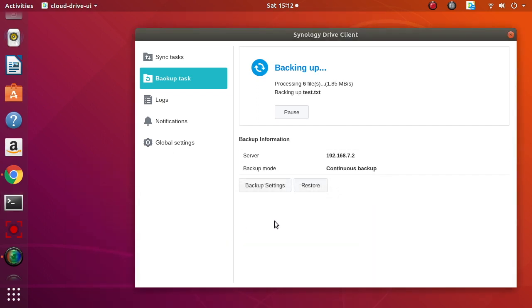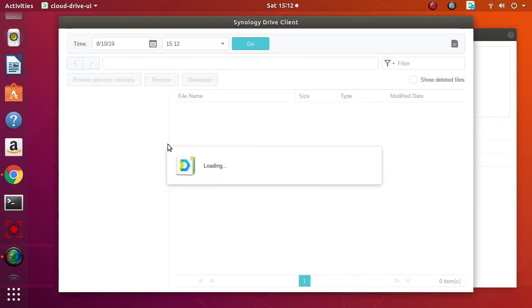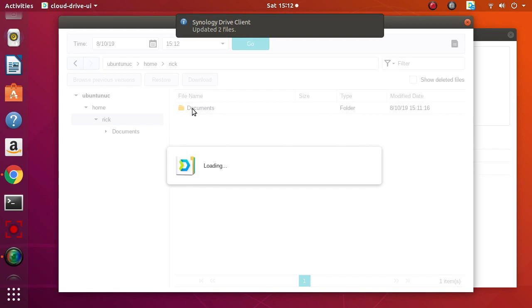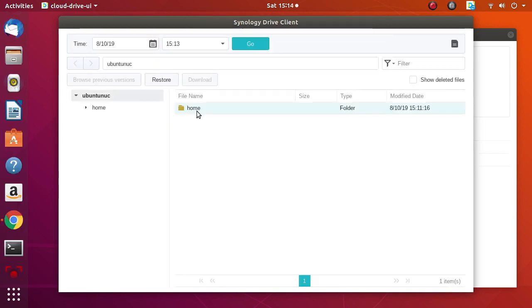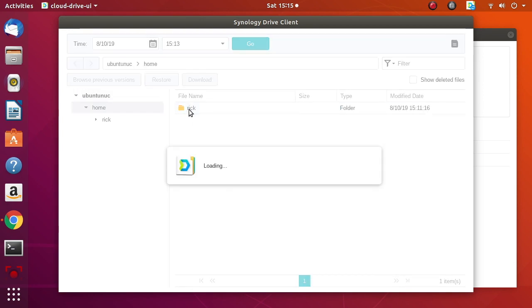I'll exit here. So now if I go to restore, my network's running a little bit slow today, it seems. Documents. Click on the home directory here. This is running a little slow because it's also syncing some other stuff. I'll open up my home directory. Documents,